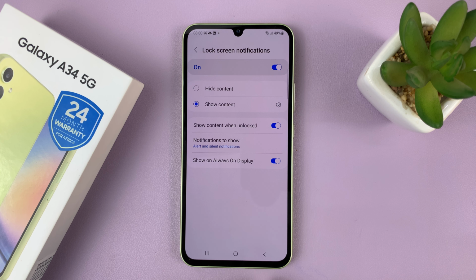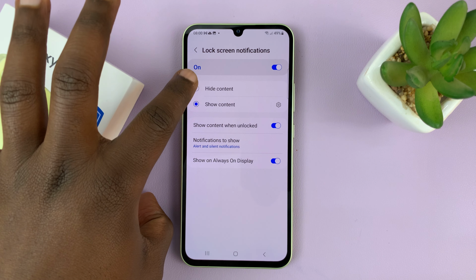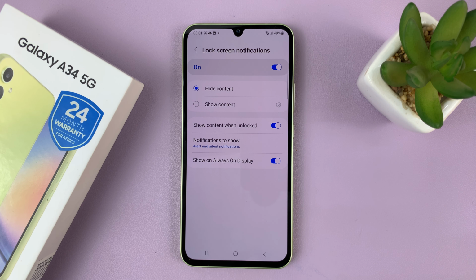Okay, but if you want to disable all content, or basically if you want to hide all content from lock screen notifications, that's the option to select. Okay,